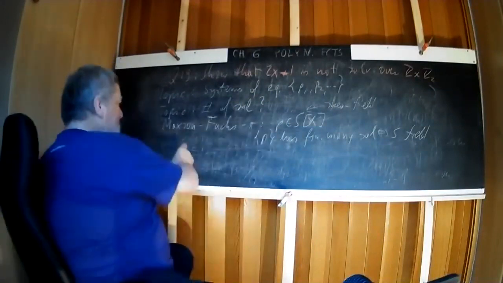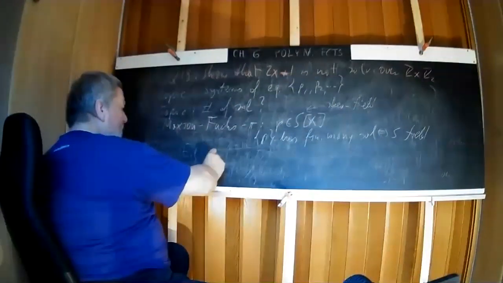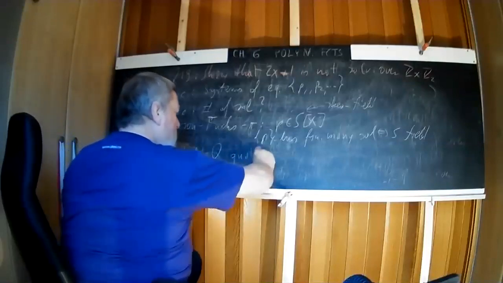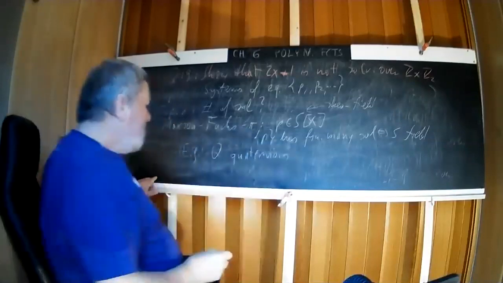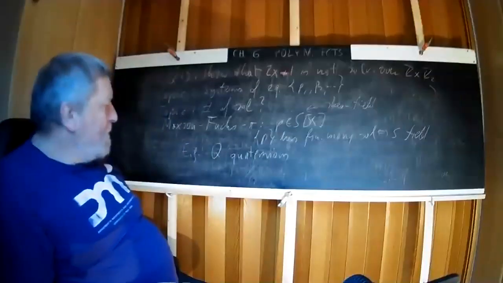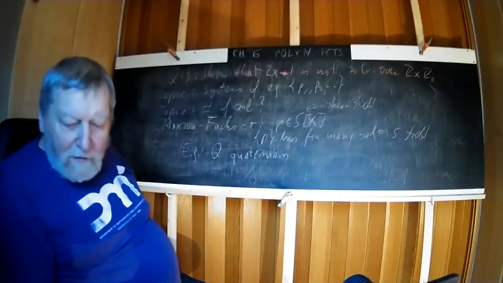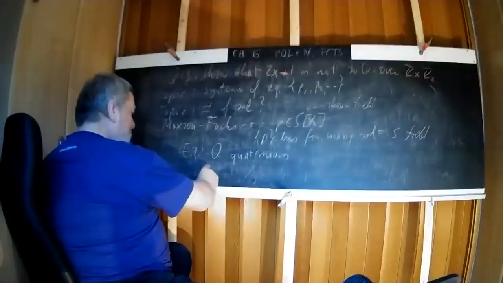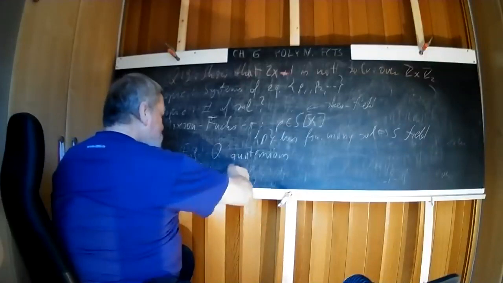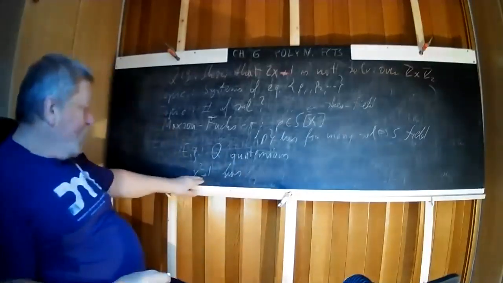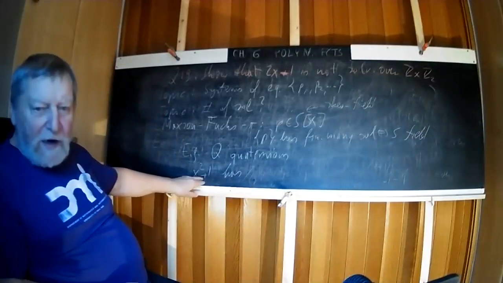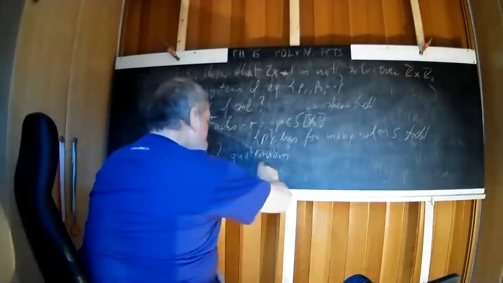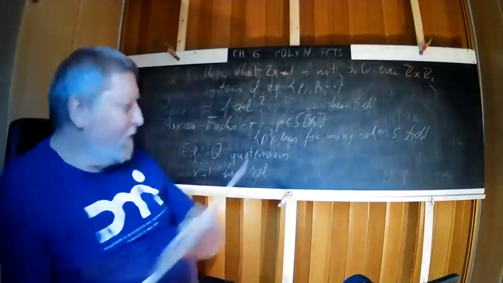For instance, take the quaternions, the four-dimensional extension of the complex numbers, then we take again the polynomial x squared plus 1. And this has solutions. We know over the complex numbers, it has plus minus i, the root of minus 1. But now it has many more solutions,